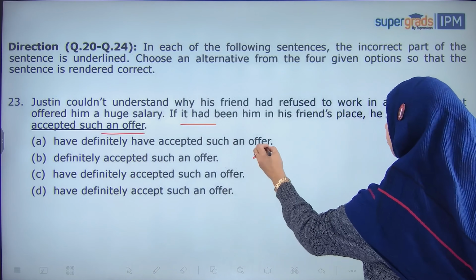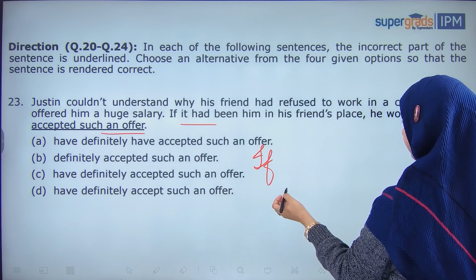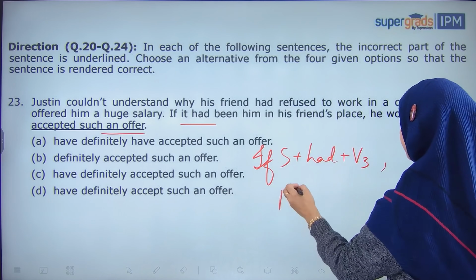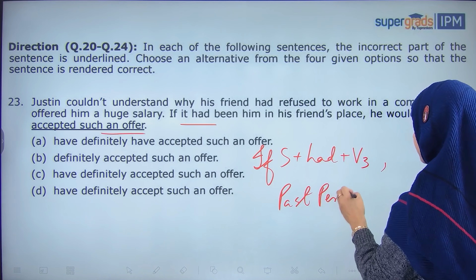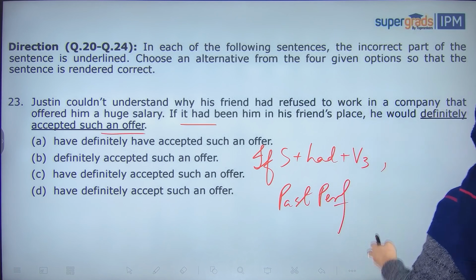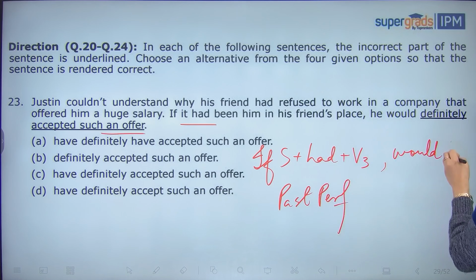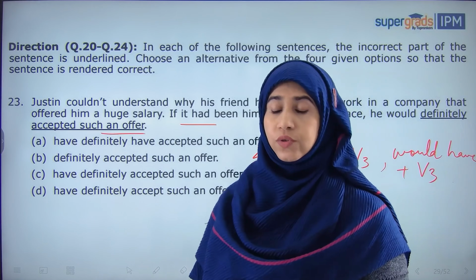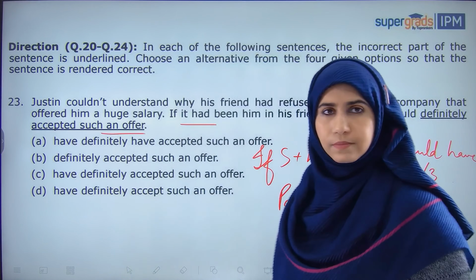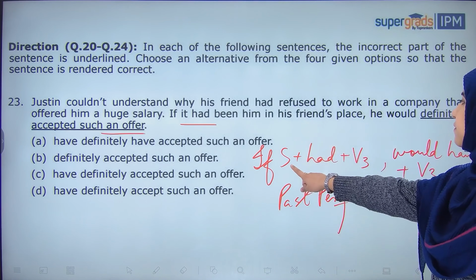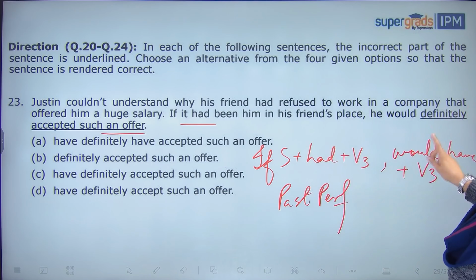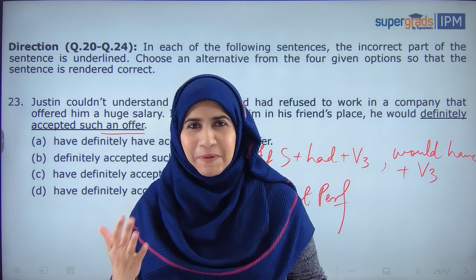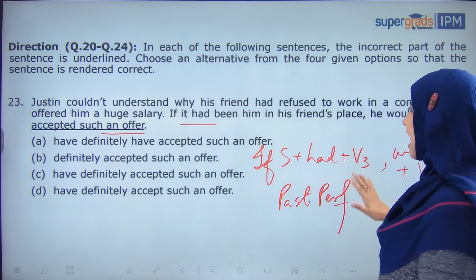Like I'll tell you. If clause, we use past perfect. Okay. This is the structure for the past perfect. You have to use this in the if clause. And in your main clause, you normally use would, have, plus V3. Instead of would, you can also use could, might, etc. If you had studied well, you would have cleared IPMAT exam. कहना मैडम इस वक्त ऐसी बातें मत करो, थोड़ी अच्छी बातें करो. Okay. So, I hope you have understood the structure.